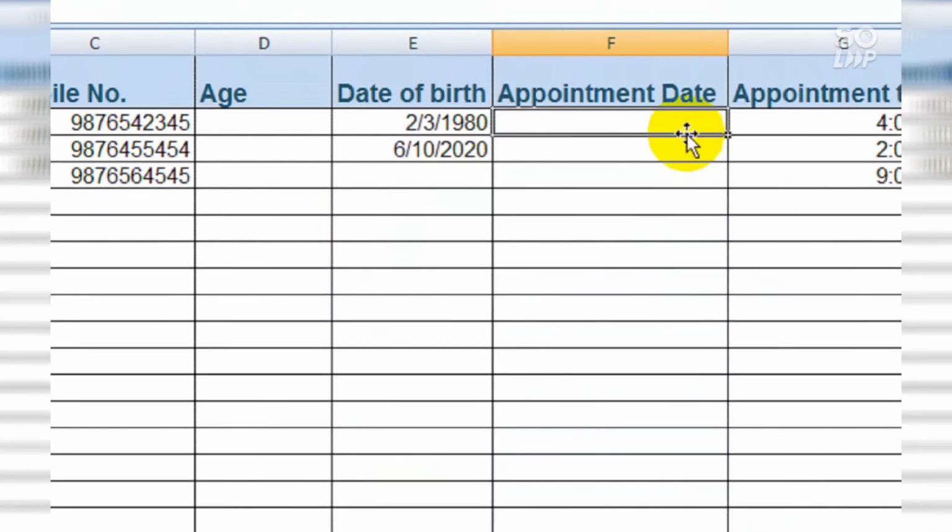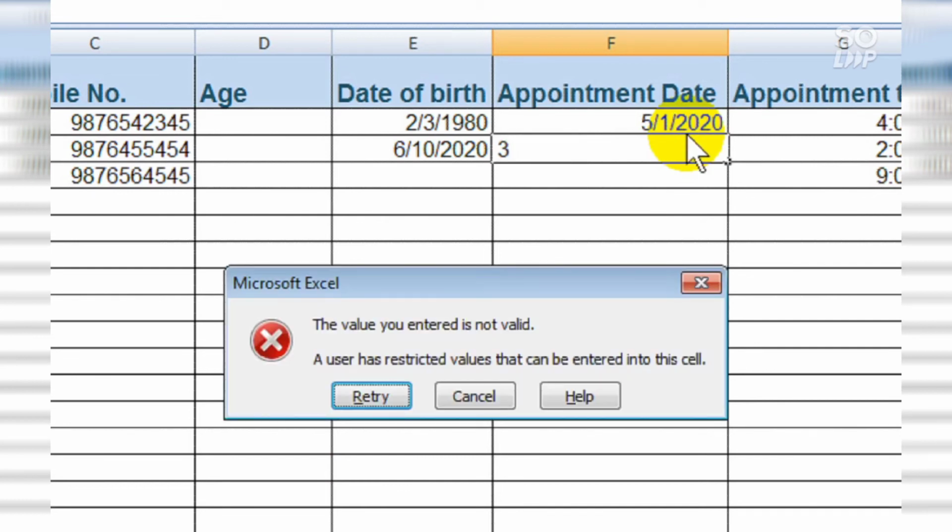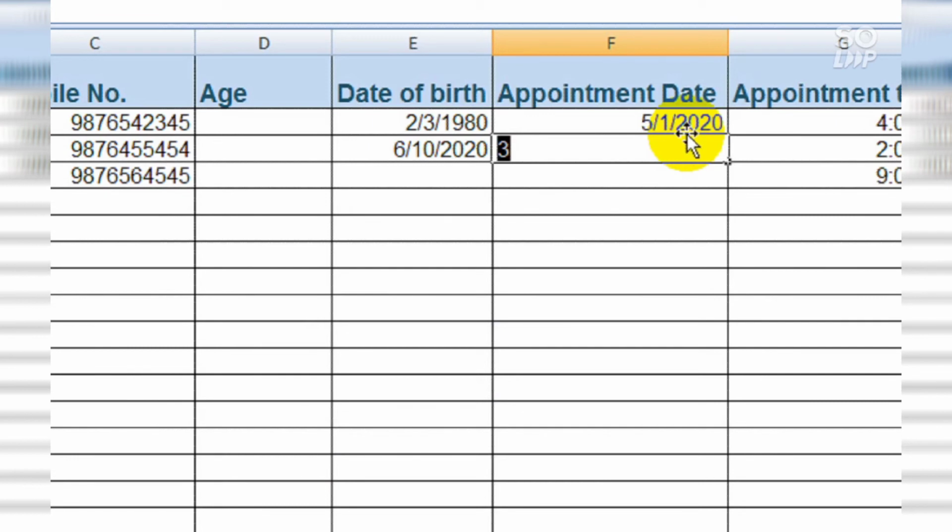Now let's start typing our date in F column. So like in F2 cell I typed 1 May 2020 and it accepted my date. And then I typed 5 June 2020. It won't accept it because it is after May, that is after 31st May.